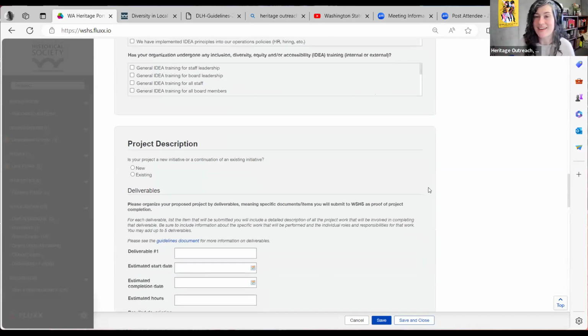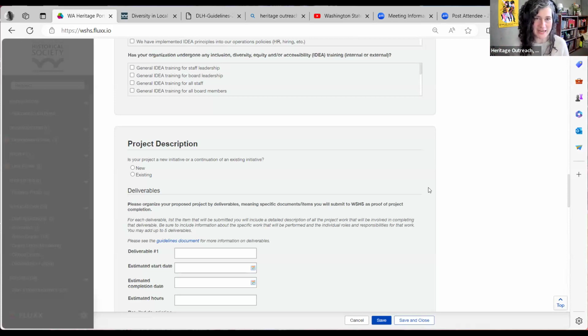I would also say this is a technology thing that applies to all applications: save as you go. Sometimes Wi-Fi cuts out, or it depends on where you're working. We don't want you to lose information.